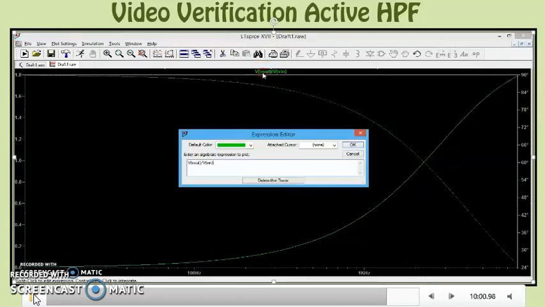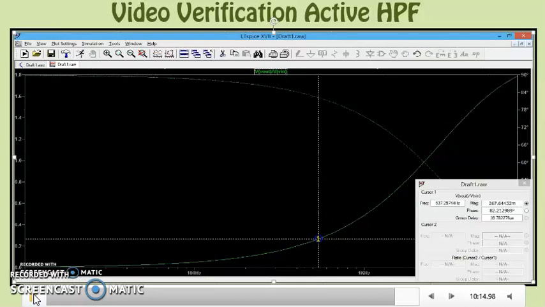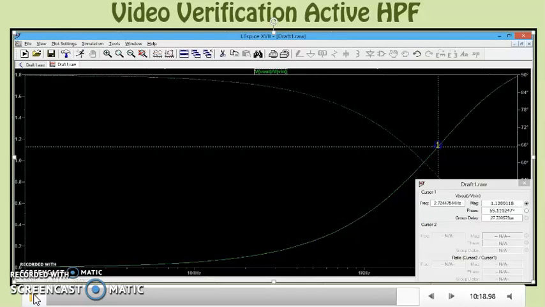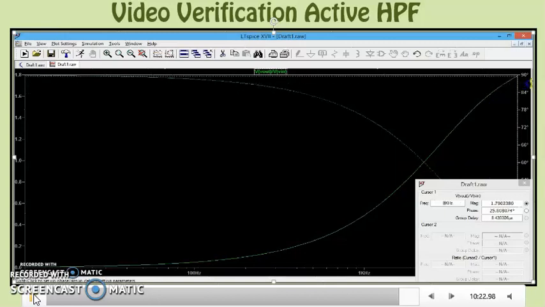Let's select a cursor and see the value of cutoff frequency. We know the cutoff is 4K and the gain should be 70% of the maximum gain, that is 2. Maximum gain is 2, so 70% is 1.4. So at 4K we must have the value around 1.4.